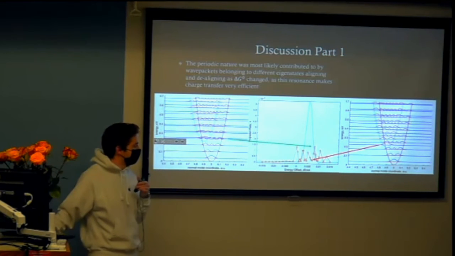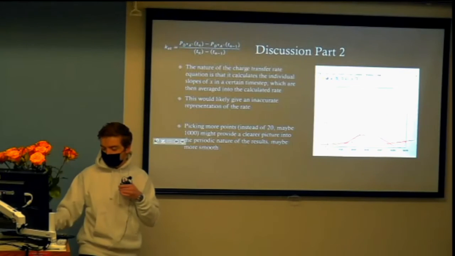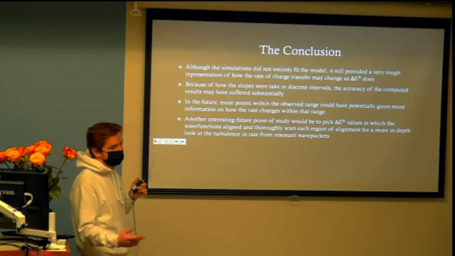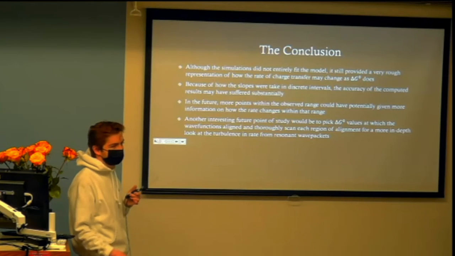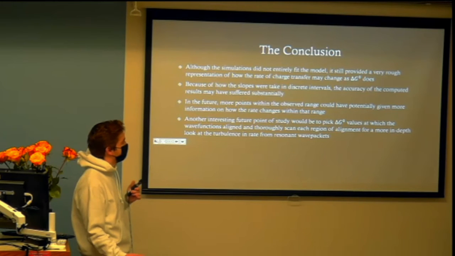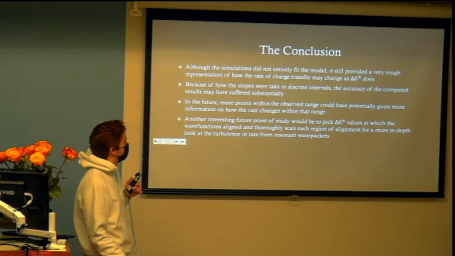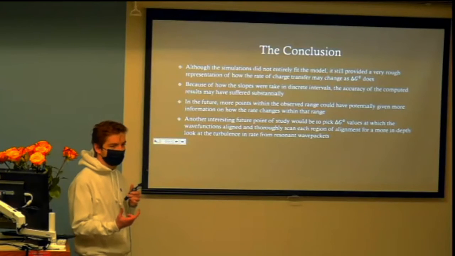Might help us see the true nature of what it looks like within that region if we pick maybe 1,000 points. So yeah, although the simulations didn't entirely fit the model, it still provides kind of a rough representation of how we would expect the rate of change as delta G naught does. Because of how the slopes were taken, the accuracy may have suffered substantially. In the future, more points in the observed range could potentially give us more information about what's actually going on